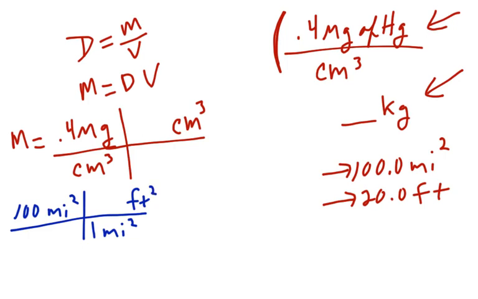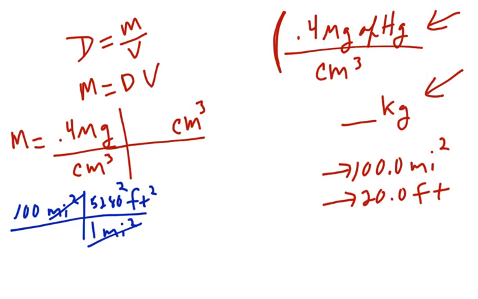Well, how many feet are in a mile? There are 5,280 feet in a mile, but these are square feet and square miles. So what do I have to do to this number? I have to square it. Okay, so miles squared then would cancel out. So I'm going to take 100 times 5,280 squared